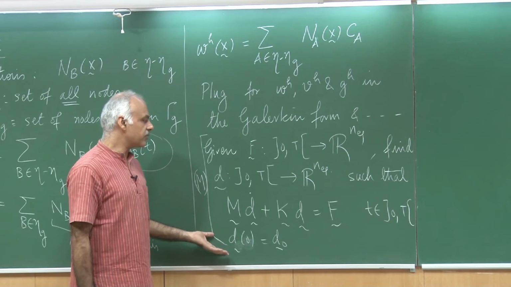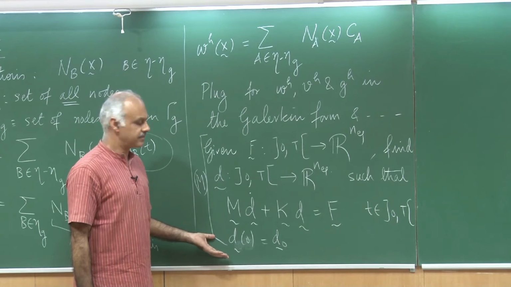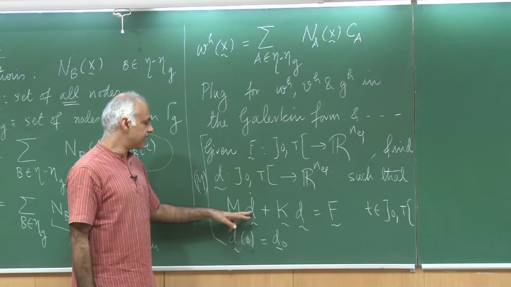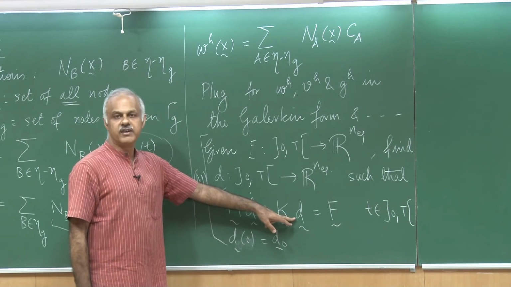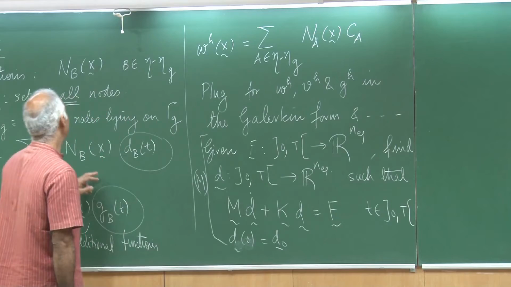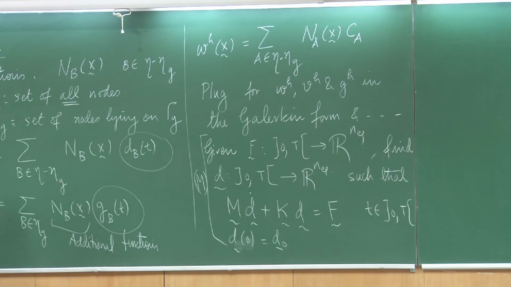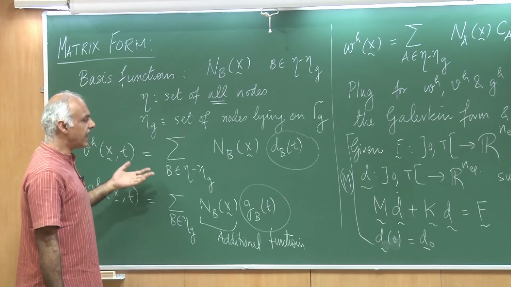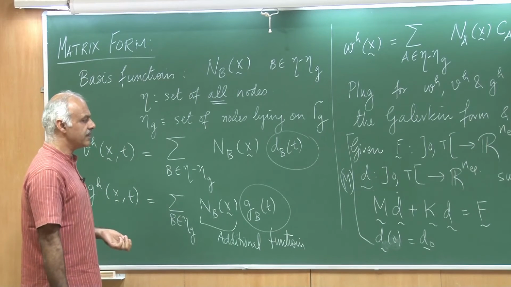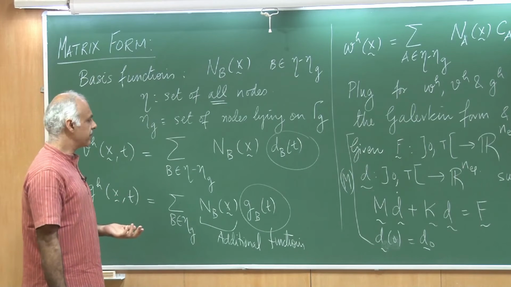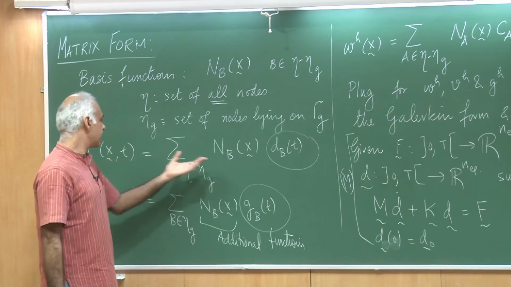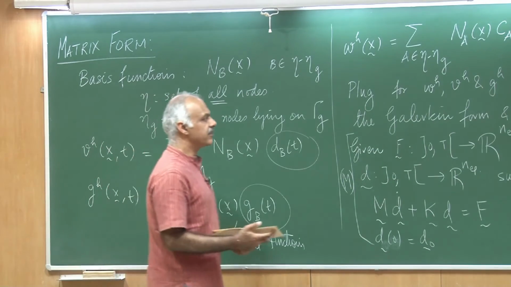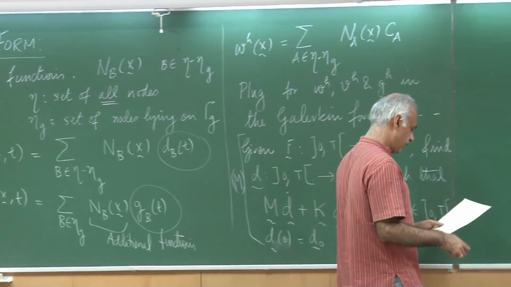Okay. So, these are now a set of ODEs that I must solve, and if I solve them, then I would at each time instant get the vector d, and I can go back and plug the d into my v and get my solution. Okay. So, this is how it would work. I first solve the matrix form and solve for the vector d, plug that using these basis functions into this expression, and then compute the solution field at every time and space where I want.